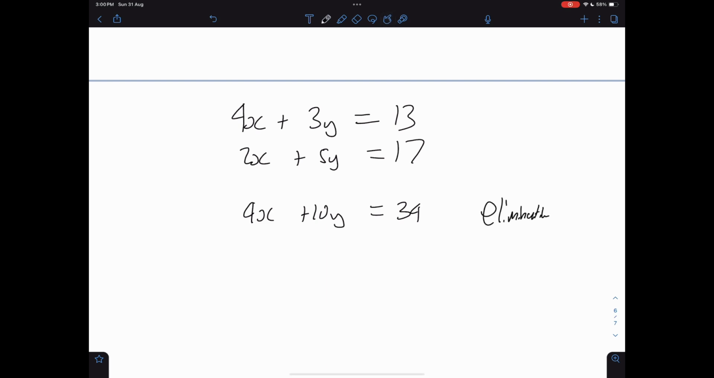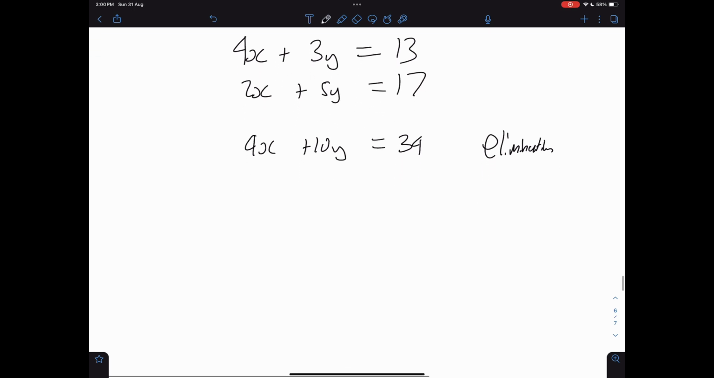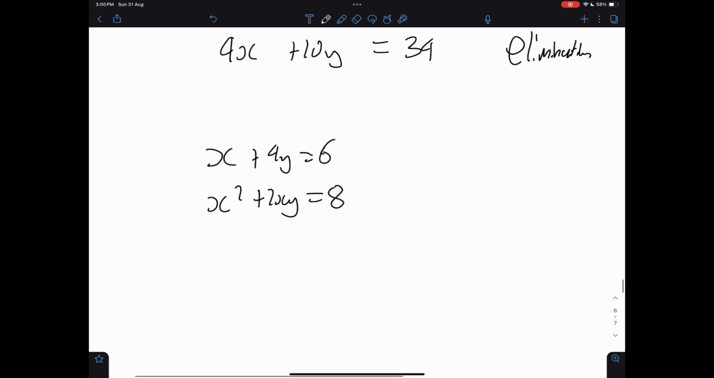But say if you got something like this, it's a little bit harder to isolate some of those variables and get rid of them. So this is why we would go back to something called substitution. In this situation,